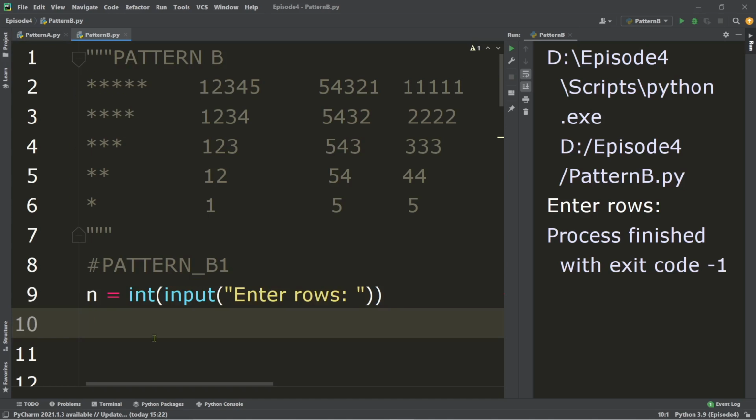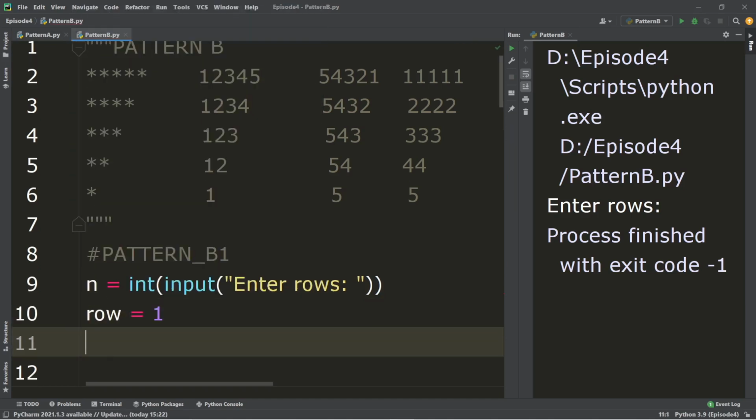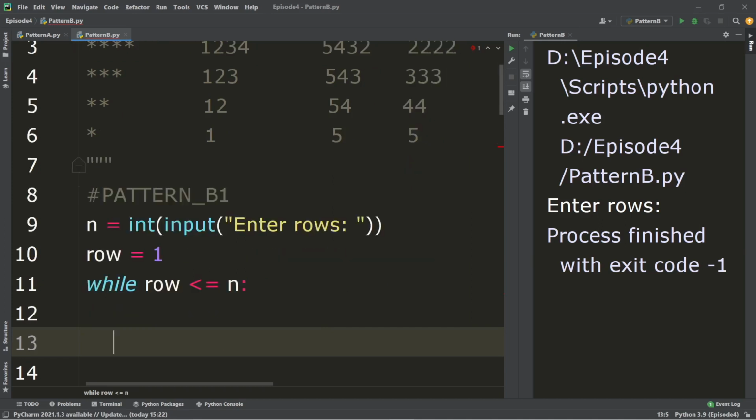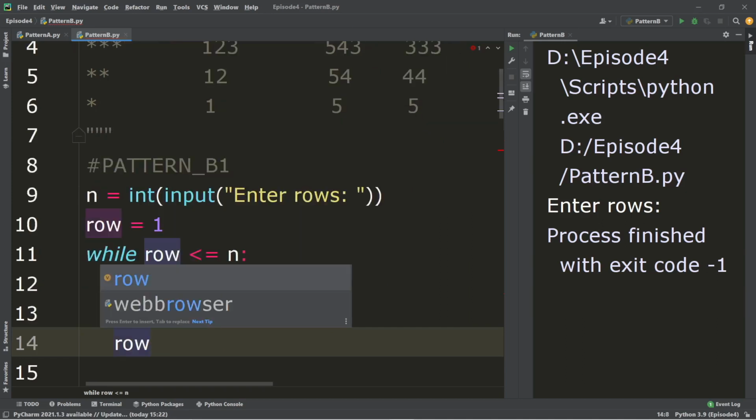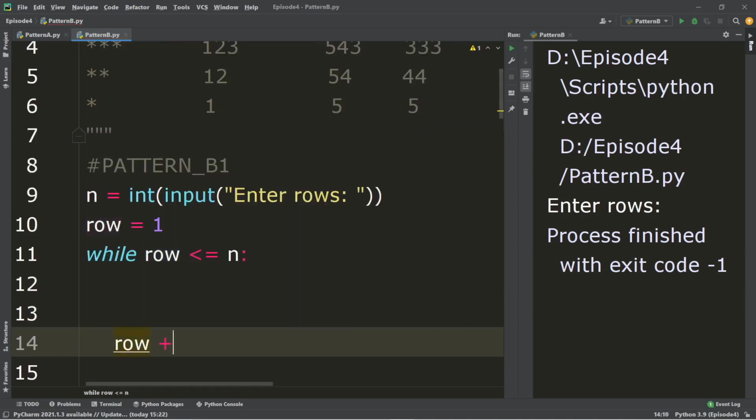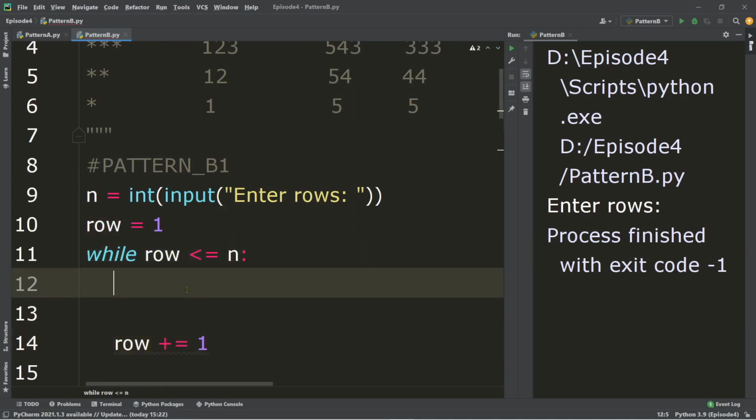So let's start. Let's start with an initialization for a row first. Let's start with 1 again. And then while row is less than or equal to what? This time to n. Okay. And then we'll have the increment, row plus equals 1. Okay. Then inside